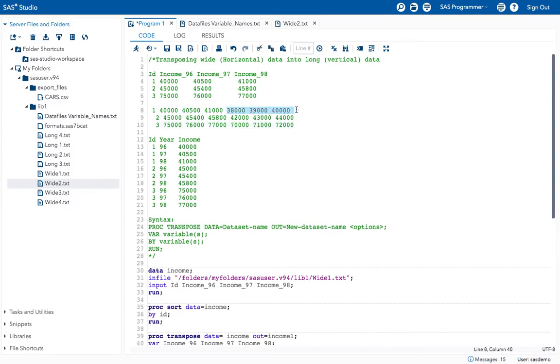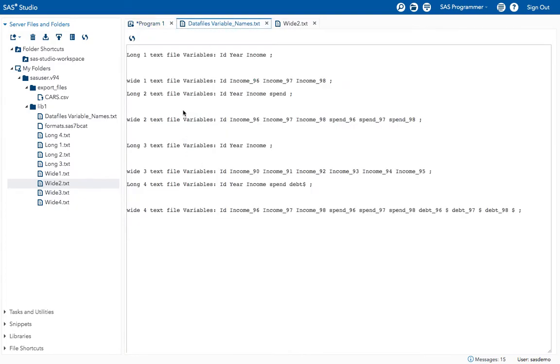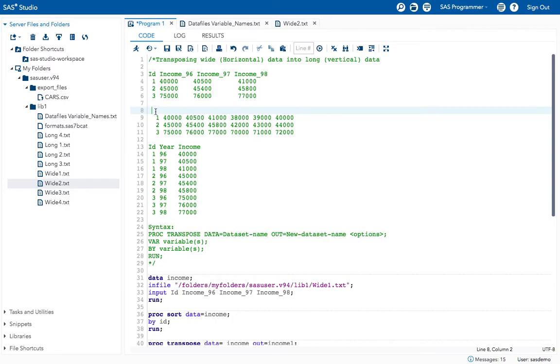So what are the data names for these variables? Here I have the data values. So void2 is my data set name. These are the data variables, I am copying them here. Earlier I had only 4 data variables: ID, income 96, income 97, income 98.